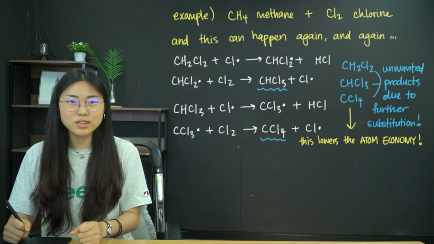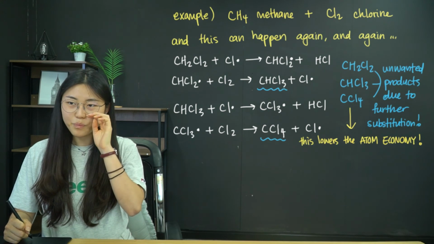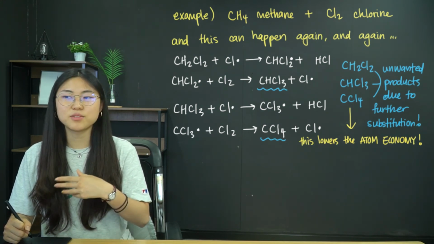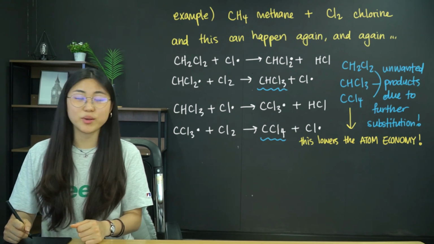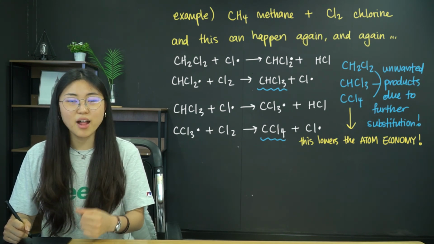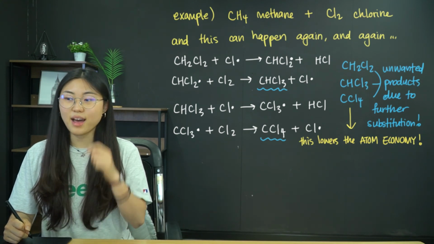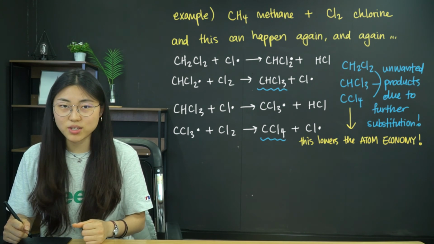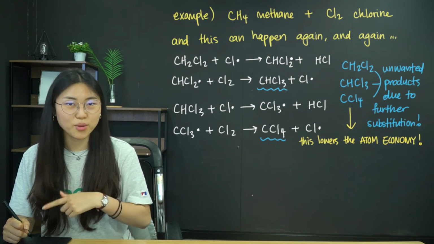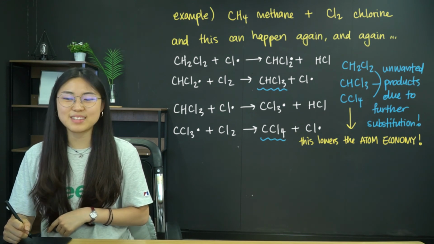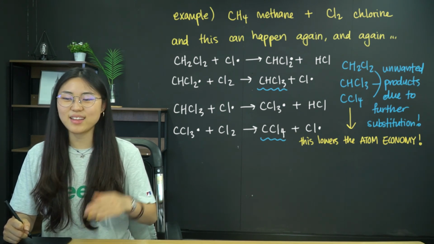That is the reason why we don't use free radical substitution to try to get halogenoalkanes. There are different methods like substitution of alcohols that has a higher atom economy, or electrophilic addition of alkenes, which I will go through in the next video, I think. So stay tuned for the next video on alkenes, which is